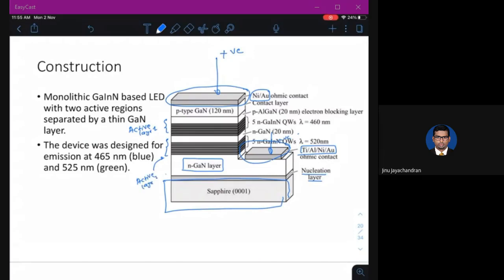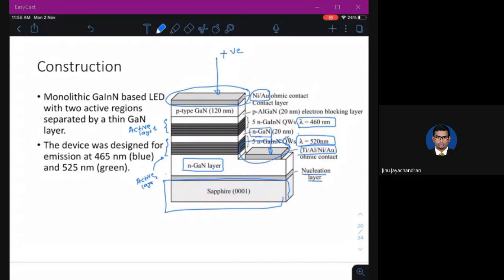Active layer 1 will produce a wavelength of 460 nanometer, and active layer 2 will produce a wavelength of 520 nanometer, which means within this single wafer you will get two different wavelengths, and they are separated by a